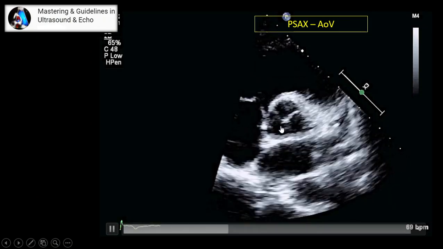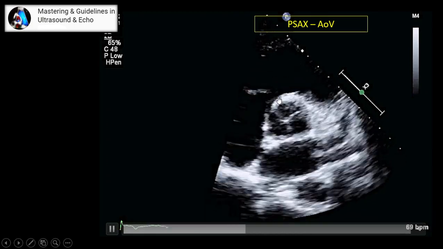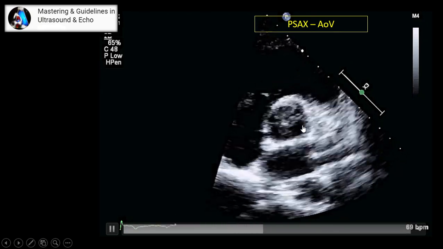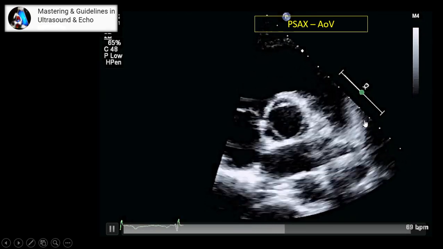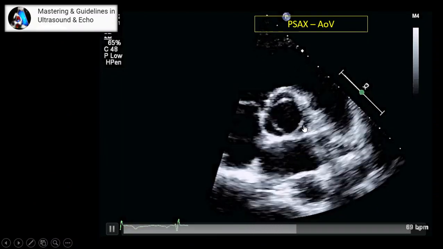So this is the non-coronary cusp. This will be the right coronary cusp at almost 12 o'clock, and at 3 or 4 o'clock will be the left coronary cusp. Other structures that we will see in this view, PSAX at aortic valve, are the left atrium,